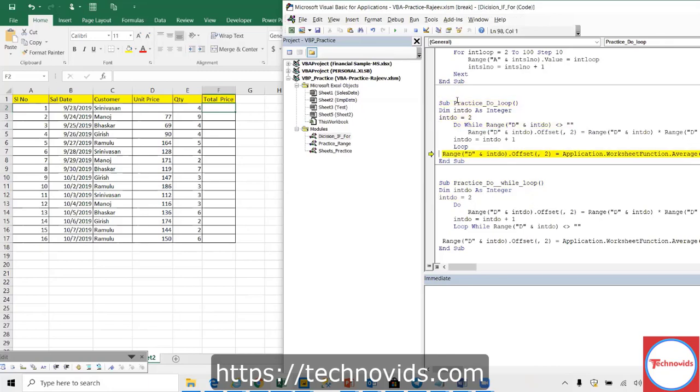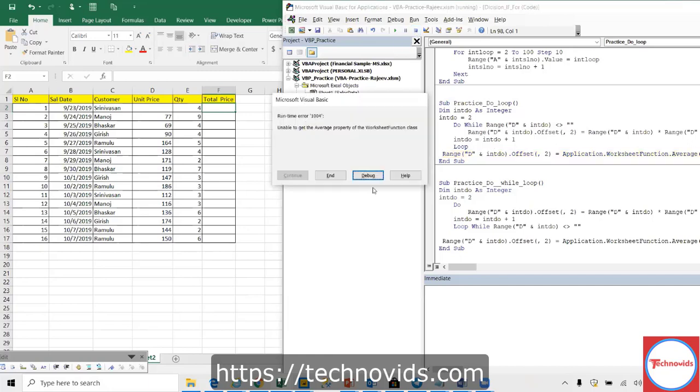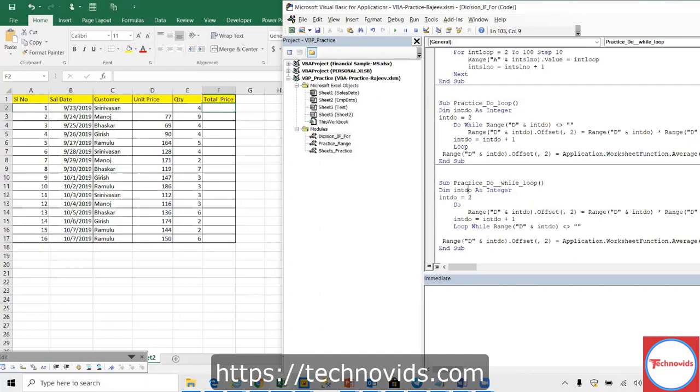It has exited that loop, right? So there is nothing to average. Let us execute this. See, that's the only difference.